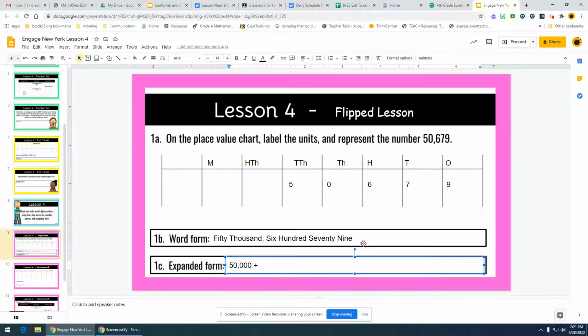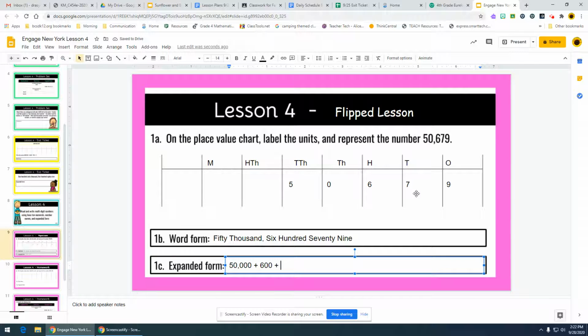So I'm going to go to the next place value. The thousands. I don't have any there, so I'm going to skip that one and go to the next place value. The hundreds. I have a 6 in the hundreds place. So how I can represent that is by writing 600. I'm going to put my plus symbol in between, and I'm going to go to my next place value,